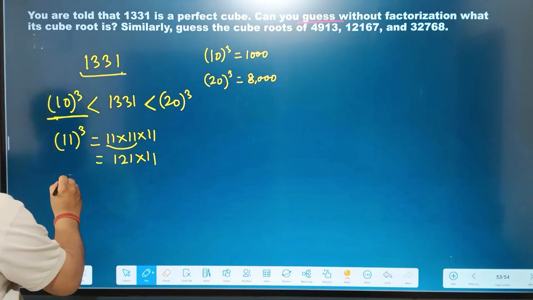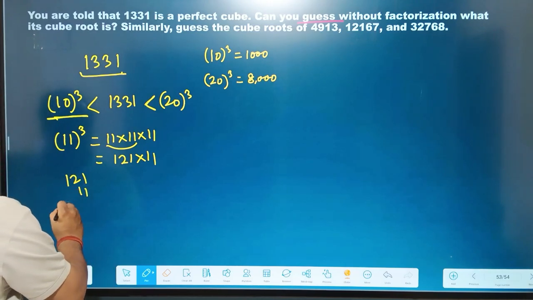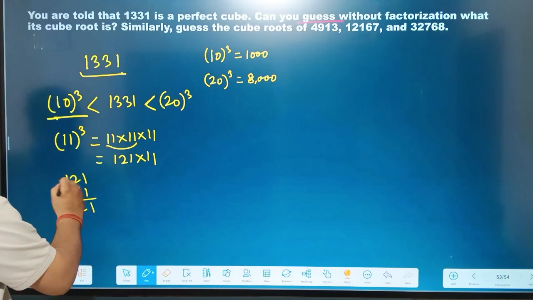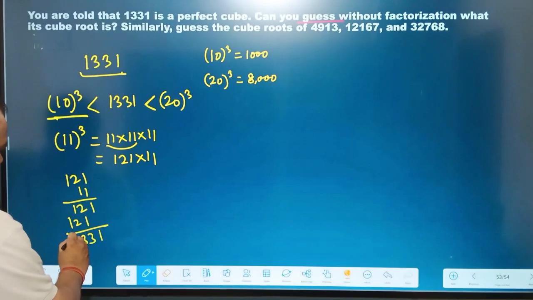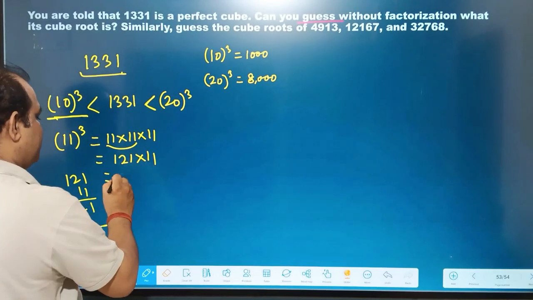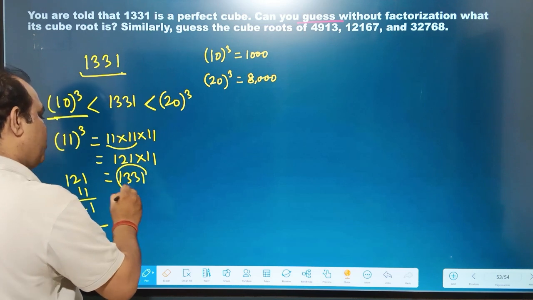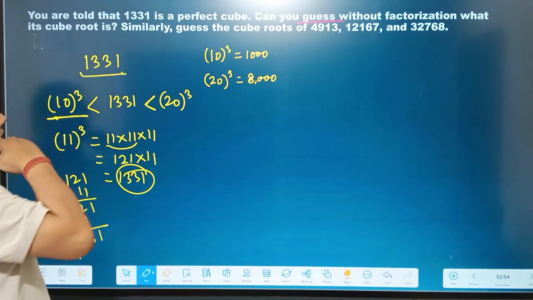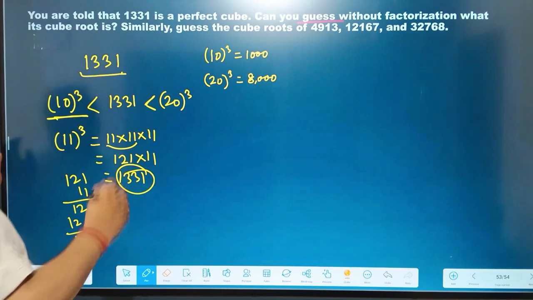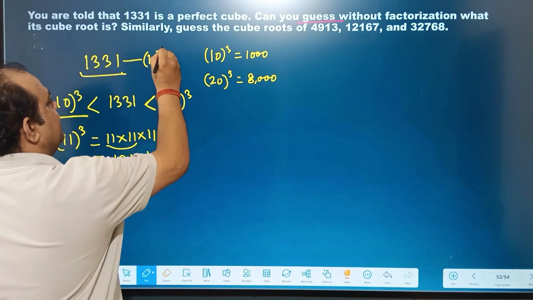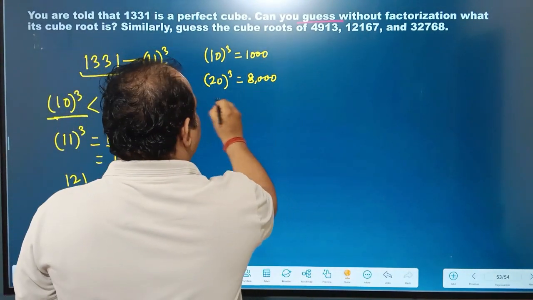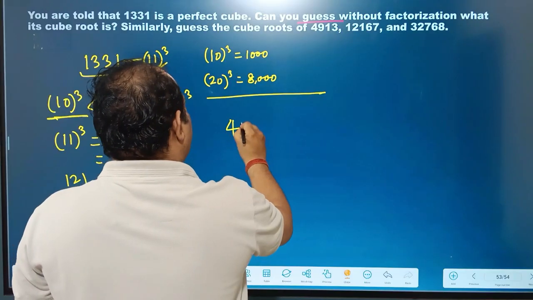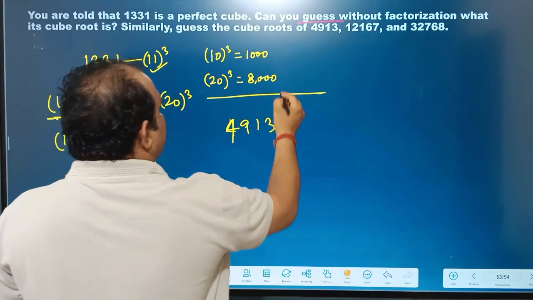11 से, मल्टीप्लाई करो 121 एंड 11, ये हो जाएगा 121 और ये भी क्या हो जाएगा 121, सो 1 2 1 3 2 1 3, अरे दिस इज व्हाट 1331। तो हमने गैस वर्क करके निकाल लिया कि ये जो है किसका क्यूब है, दिस वन इज द क्यूब ऑफ 11, करेक्ट। अब वो कह रहा है कि ठीक है सिमिलरली आप 4913 का करो, चलो देखते हैं 4913। तो ये भी आप देख रहे हो कि इसी दो